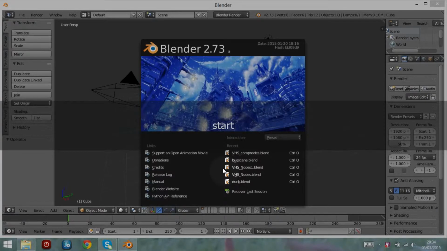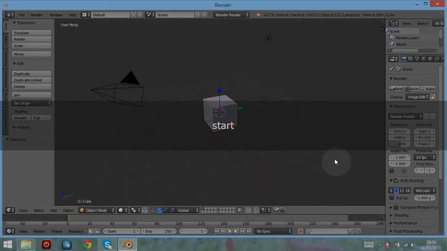Hi, and in this video we're going to have a quick look at how to create a small table with rounded corners, for the benefit of a couple of beginners who are having trouble modelling this particular item. So let's get started straight into Blender, and the first thing we're going to do is take the default cube